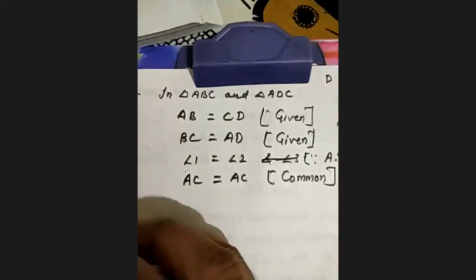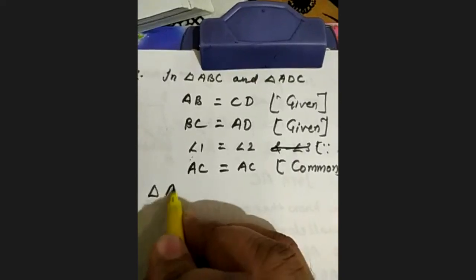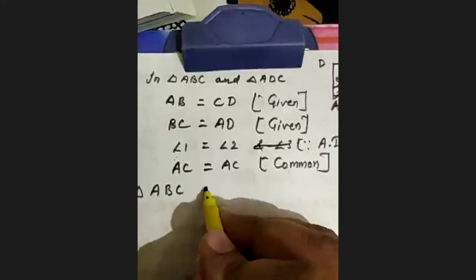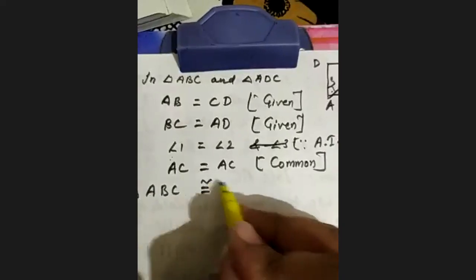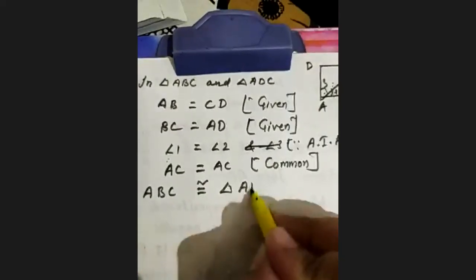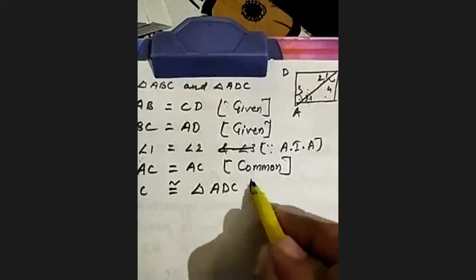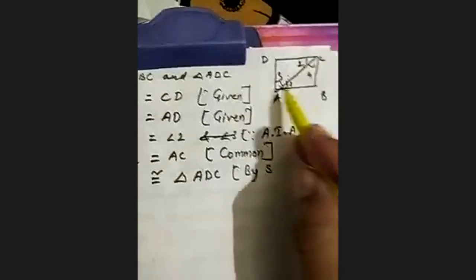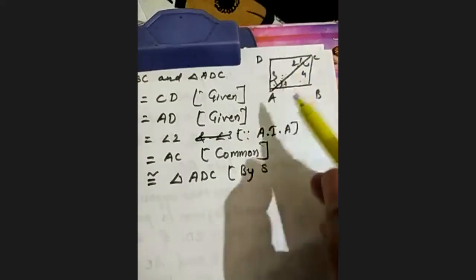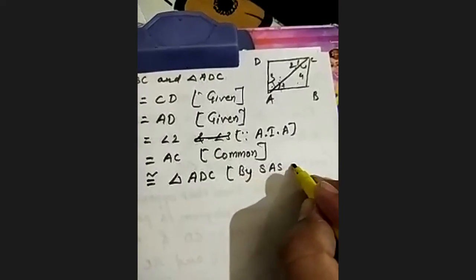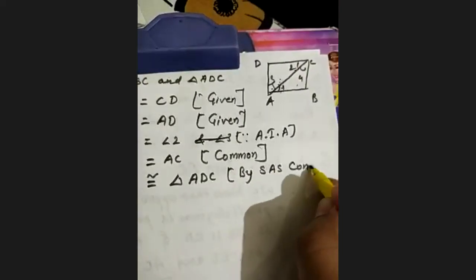Okay, then here triangle ABC is congruent to triangle ADC by using the side angle side property. Okay, you have written the congruence here. So by the side angle side property, both triangles are congruent, and we know that angle 1